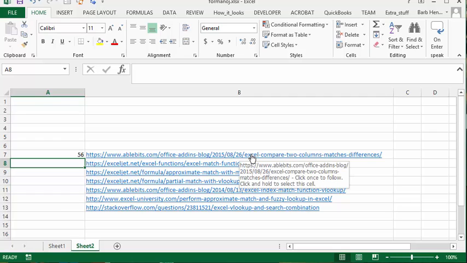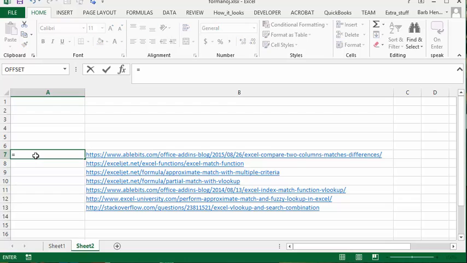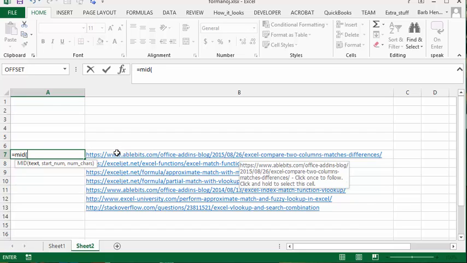So what I'm going to do is I am going to combine that with the mid function, and I'm going to display, let's say, 25 characters, because that will make it long enough to know what it is. Okay, so what I've done now is I've combined these two. So I'm going to go equals mid, and I'm going to go opening bracket, and I'm going to search B7, and so what I'm going to do is do comma, and then I'm going to go another bracket and I'm going to go search,